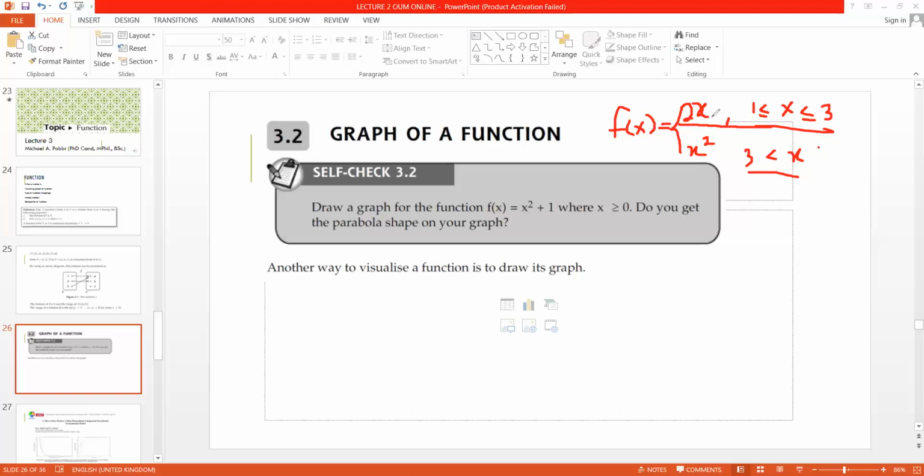Then you end the function again to give you the graphical demonstration, okay, of what you have, or the computation of the value of the function. So in this case, this function is going to look like this. On this piece, we are going to have x